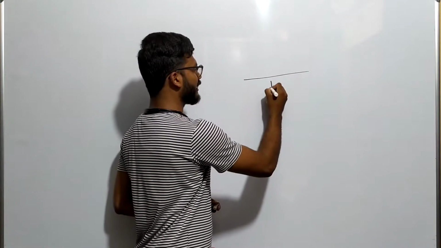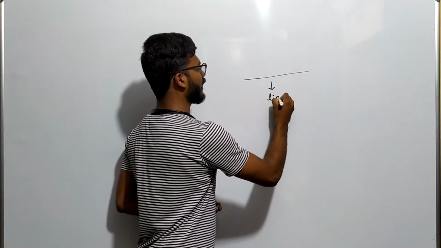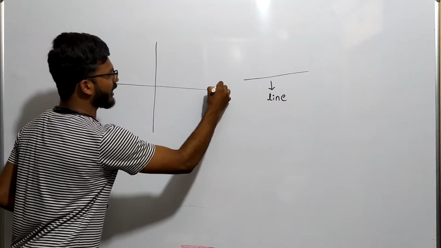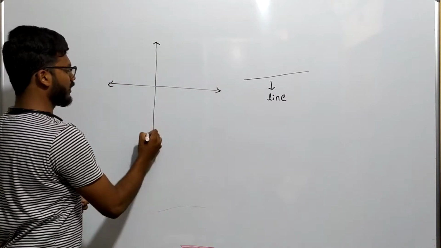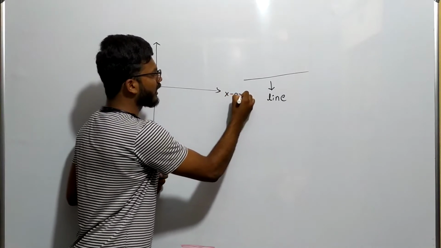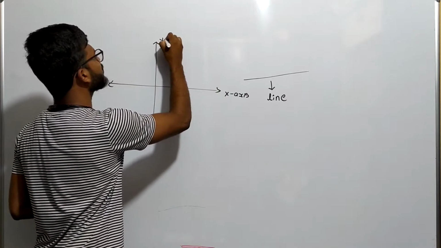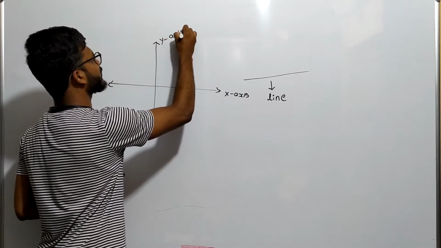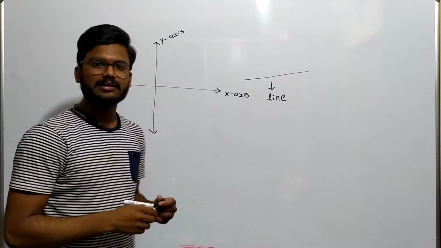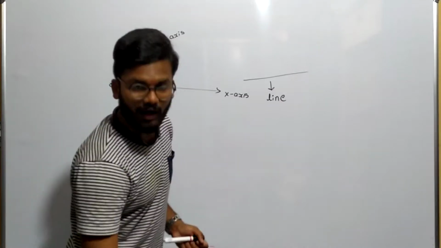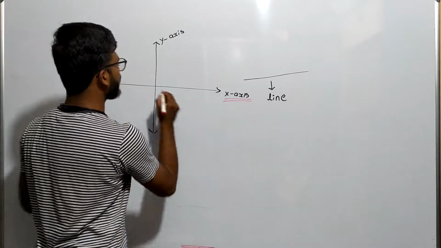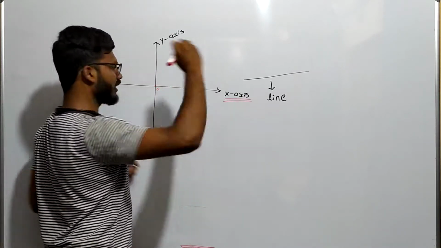We can call it a line. And if I draw it on a graph, what is here? This line represents what? You call it x-axis. This we call y-axis. And these two are also two lines, right? We are calling one as x-axis and one as y-axis. This line is x-axis and this line is y-axis. And the point where these two meet, we call it origin, right?